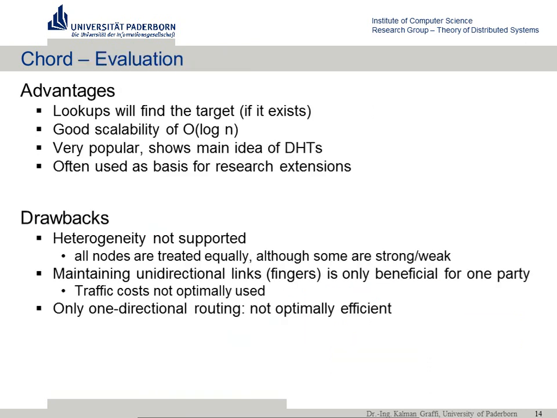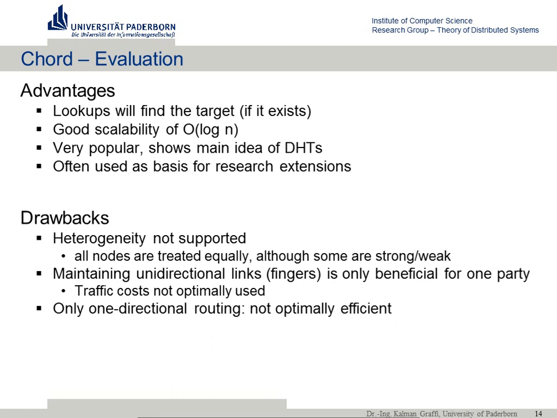So first of all, what is good? Okay, lookups will find the target if it exists. That's also the case in Pastry. It's also scalable like Pastry, O(log n). It's also very popular, good. And there are many research extensions to it. So if people make some extension and they use some DHT to apply it on, then they use Chord, because